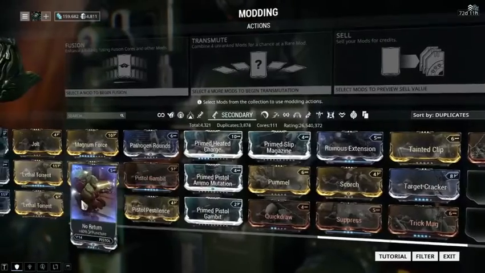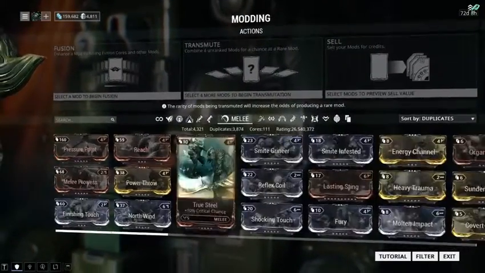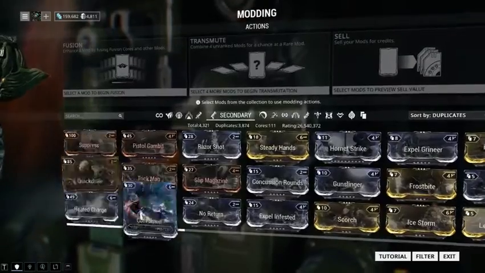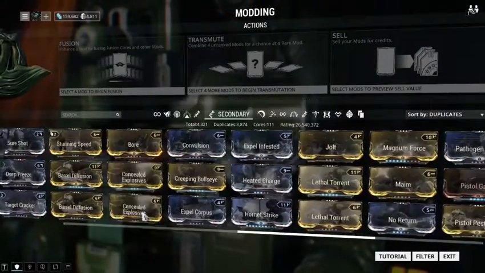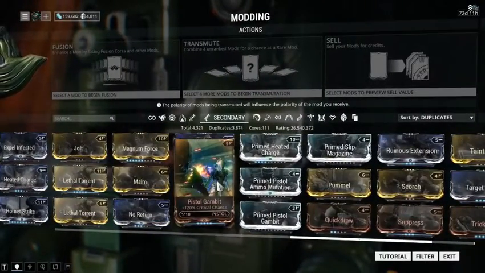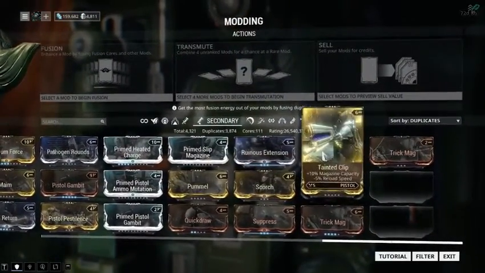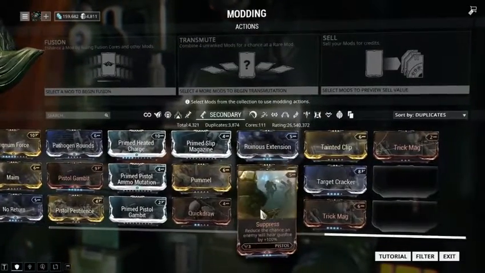And the same goes for melee. It says melee in the bottom corner, so you will not be able to equip it onto your primaries and vice versa. So with secondaries, they have mostly the exact same effects, you'll find everything. So what you'll want to watch for on your secondaries though is Suppress is a very